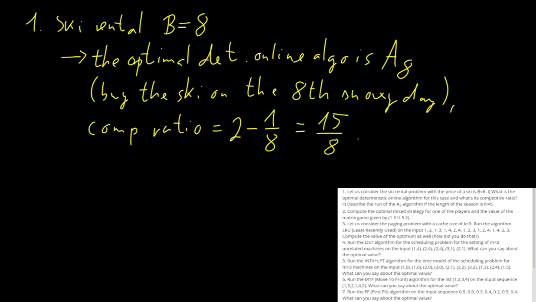8. Okay. The second question is, describe the run of the A3 algorithm if the length of the season is n equals 5. The length of the season is always the number of the snowy days, but I will make this more explicit in the actual test this year. So A3 buys on the 3rd snowy day,